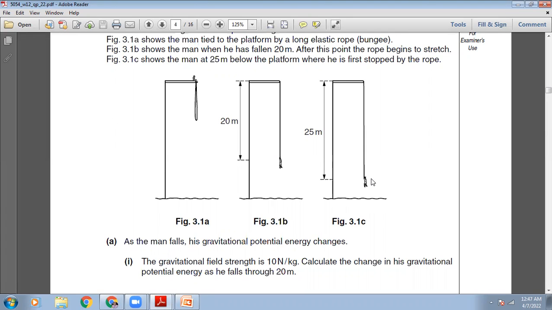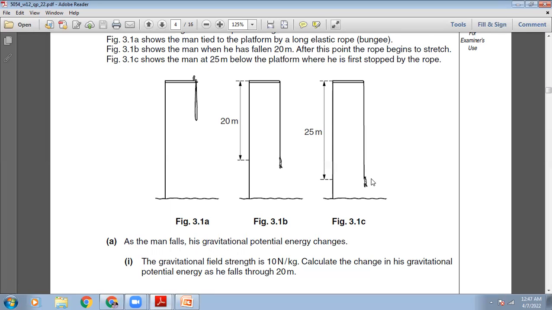So when he goes below 20 meter, his kinetic energy is converting and his gravitational potential energy is also decreasing. So he has kinetic energy, he has some gravitational potential energy which is converting, and obviously when the bungee stretches, you have to do